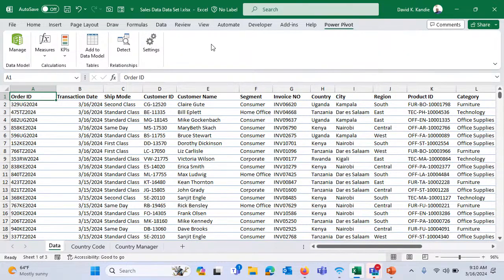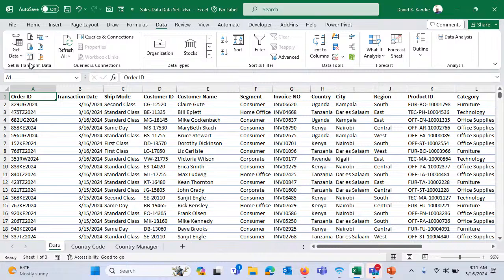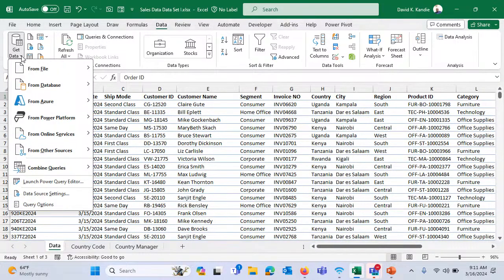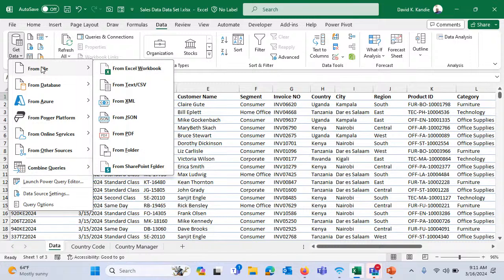Now, if you attended our Power Pivot webinar last month, you must have appreciated what Power Pivot can do, and combined with Power Query it can also be very powerful. When you go to data, here under Get and Transform Data, you'll see Get Data, and you can get data from a file, from an Excel workbook, from text, XML, JSON, PDF, from a folder. If you have common files inside a folder and you want to pull them to Excel, you can get it